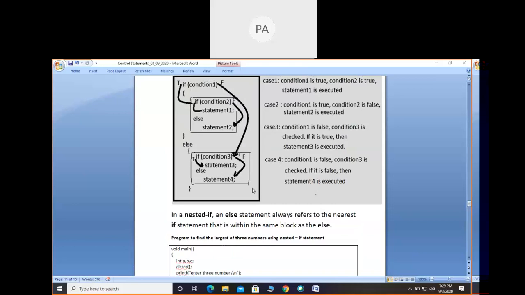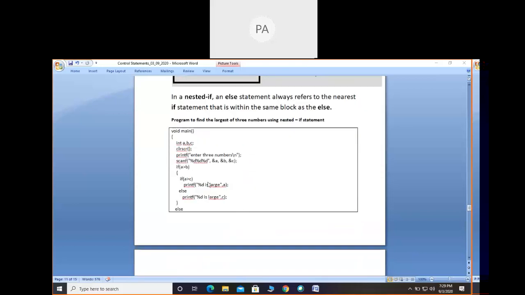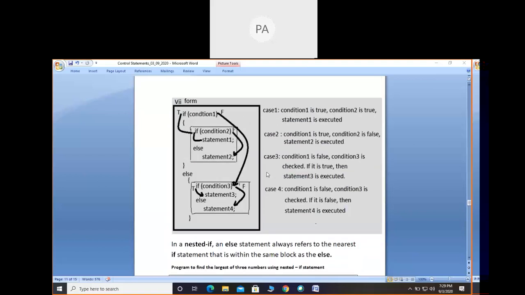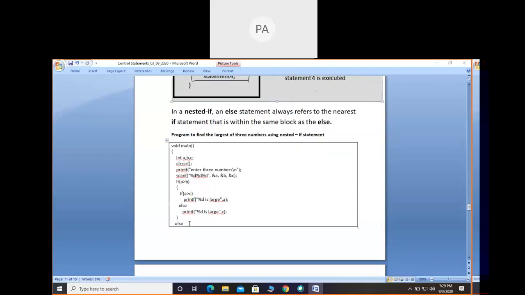So after the seventh form, I have written one program which includes all the forms, mainly the seventh form. So this is the program we can execute in the editor.